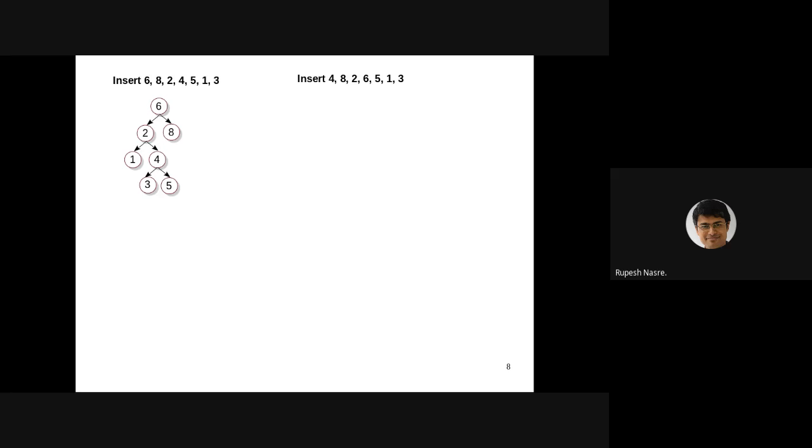Okay, so let's check this. So we insert 4, that becomes the root. First element always becomes the root. Then 8, that goes to the right of 4. Then 2, which goes to the left of 4. Then 6. So at 4 we check. 6 is larger than 4. We go to the right subtree. It is smaller than 8. We go to the left subtree of 8, and that is where we insert 6. 5 we insert as the left subtree of 6. 1 we insert to the left of 4, then to the left of 2. 3 we insert to the left of 4 and right of 2. So this becomes the tree, exactly the same as all of you have suggested.